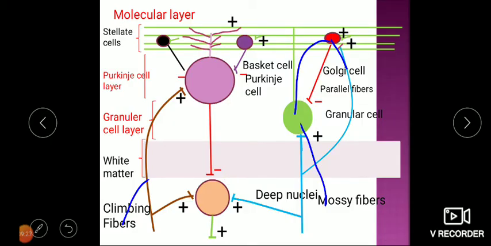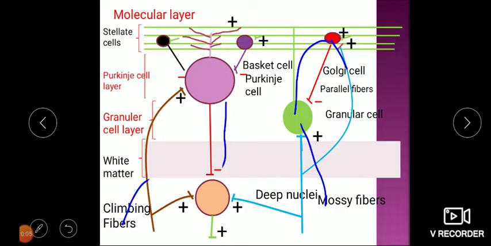Apart from this, all three located in the molecular layer, the stellate, basket and Golgi cells, are inhibitory in nature. You can see here I have shown that as inhibition. So they are inhibiting the Purkinje cell, which means again a brake is coming on it. If the Purkinje cells are inhibited, the brake will be reduced, and the deep nuclei will go and excite. Excitation unopposed. So like this, there is an internal circuit which will manage the output coming from the Purkinje cell